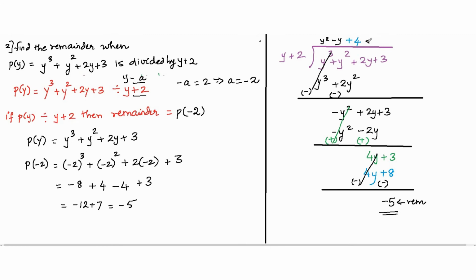The quotient is y square minus y plus 4, but the remainder theorem is not going to give me the quotient. We know that. However, I get the remainder much easier as compared to the long division method. So we saw that our application of the remainder theorem was correct. And let me pause for a couple of minutes and then I'll take up the next question.